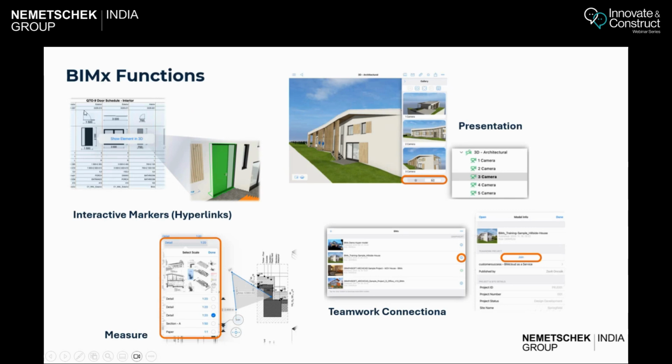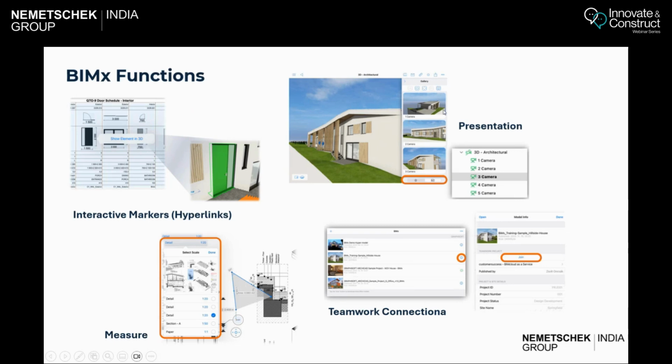And from the layout, I can directly select any of my design elements like doors, windows, or walls, anything from the schedule. I can directly open 3D from the particular element by selecting it,